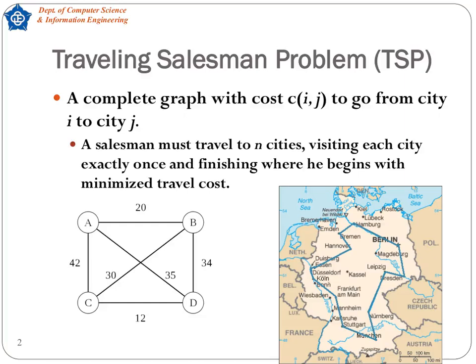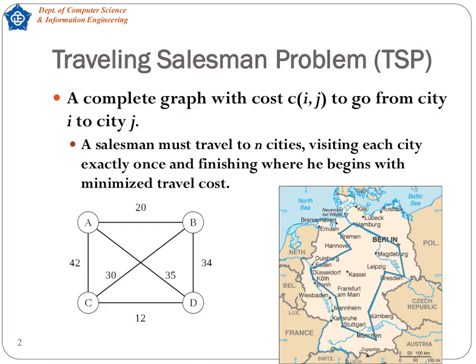It asks, given a complete graph where each pair of cities i and j has a travel cost Cij, how do we find a single loop that visits every city exactly once, returns to its start, and has the smallest possible total cost? On the left, you'll see a toy example with 4 cities, A, B, C, and D, each connection labeled by its cost. On the right, there's a real-world map of Germany, tracing one such tour through major cities. Together, these visuals capture the heart of TSP, weighing all pairwise routes and selecting the visit order that minimizes overall